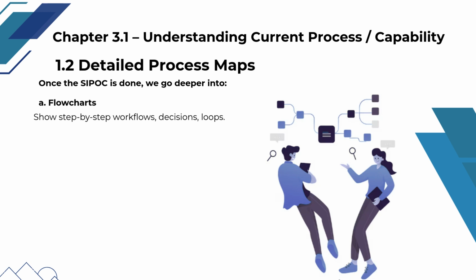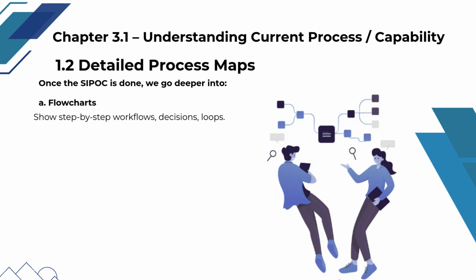In Chapter 3.1, these detailed maps help uncover hidden inefficiencies and failure points, clarify roles and responsibilities, and provide the depth needed to link process steps to performance issues, enabling informed baseline capability assessment and stronger design decisions in later